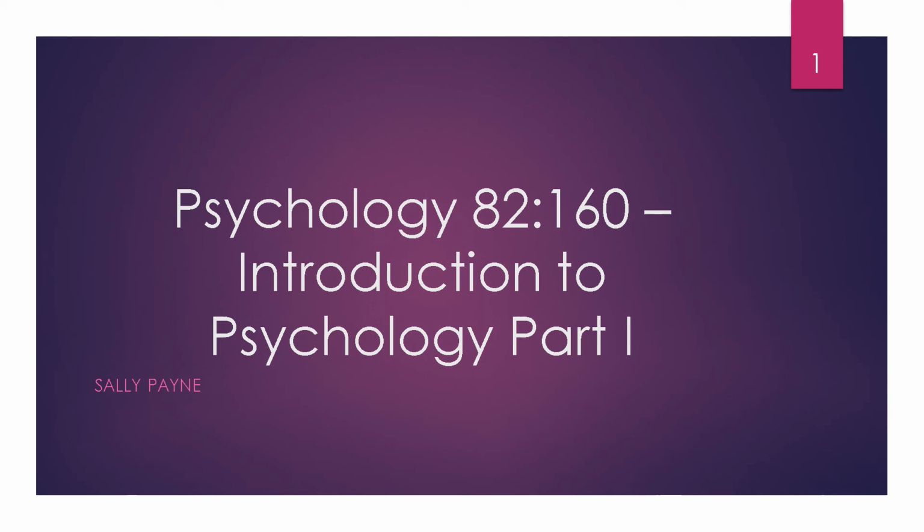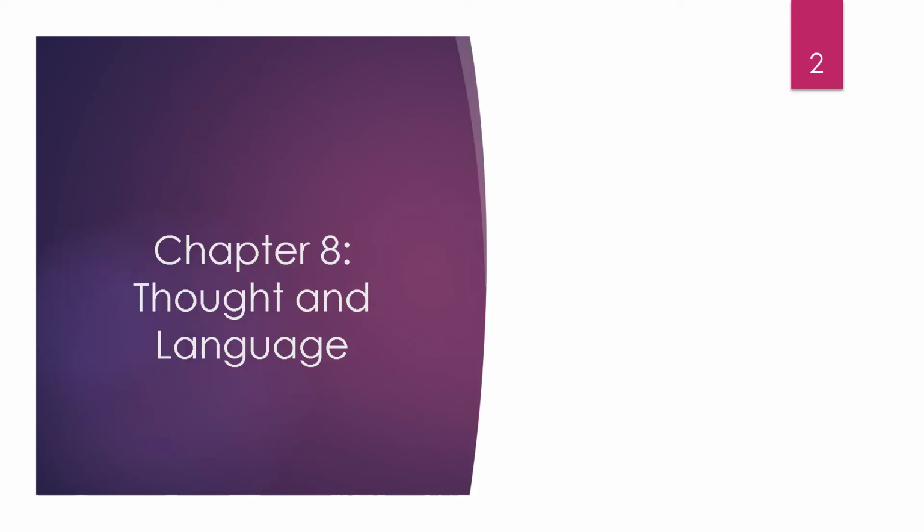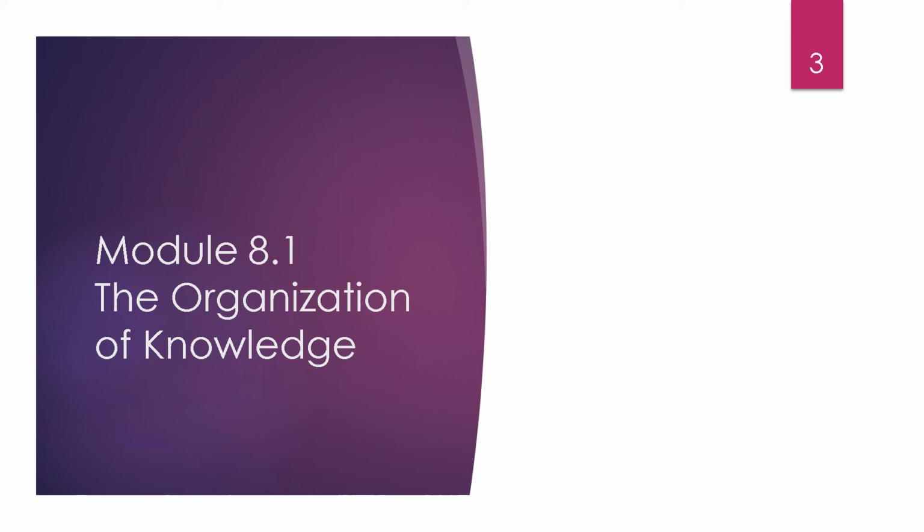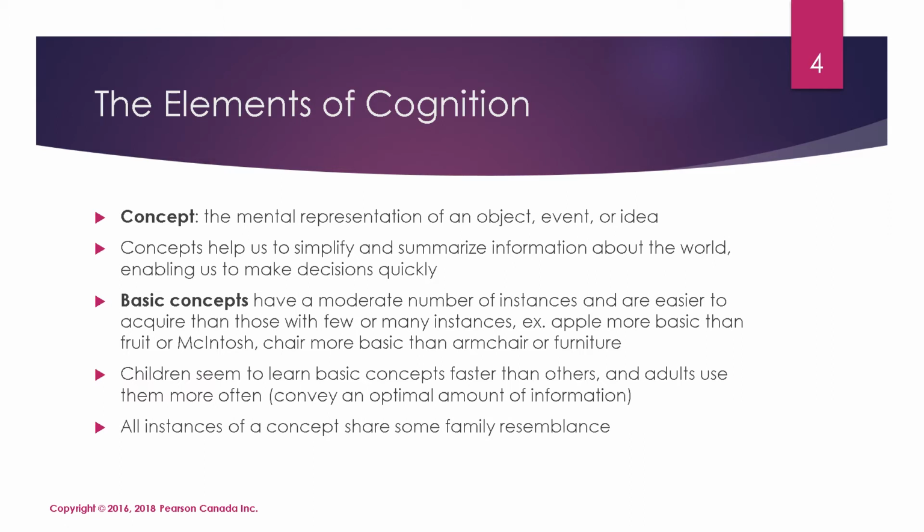So today we're going to start with module 1, which is the organization of knowledge. So we're going to talk a bit about kind of the basic concepts and terms and things that we talk about when we think about cognition. So some of our basic elements of cognition would be a concept, which is a mental representation of an object, event, or idea. And so a concept basically helps us to simplify and summarize information about the world, enables us